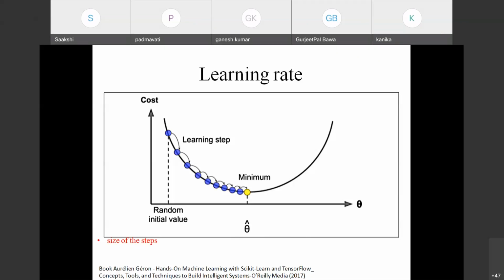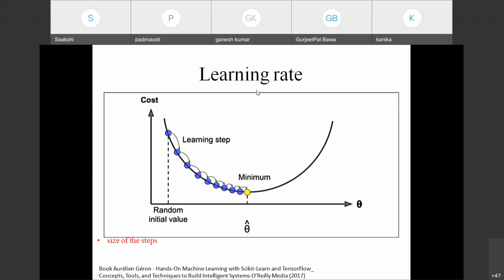If I have done it for m number of samples, then I take the loss values. Suppose I have computed the loss value for 5 different samples. Then how do I compute the cost function? I simply take the average of all those 5 loss values. Suppose I've computed that cost function, and I just want to illustrate how this cost is going to reduce in the learning process.